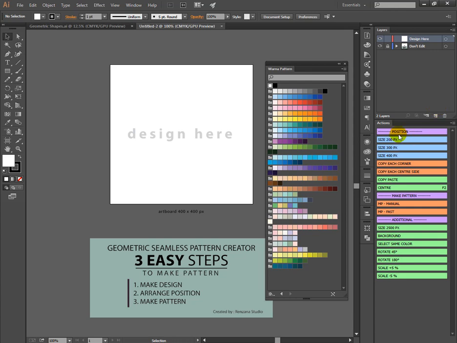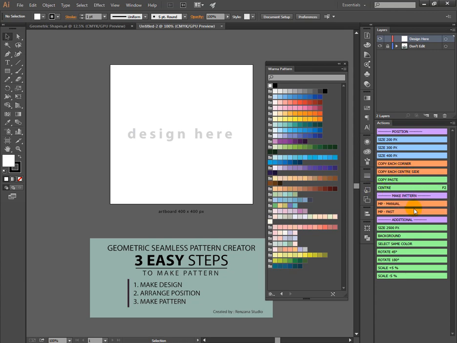Okay, I will explain the action first. In this action, you will have three parts. First, position, to make pattern and additional. In position, we have size, and then copy each corner, copy each center side, and I'll explain this action later. And then copy paste center.